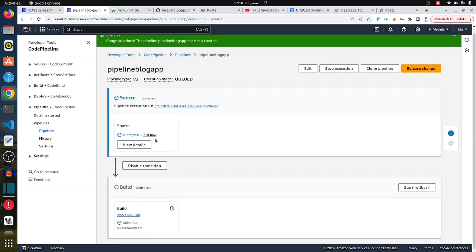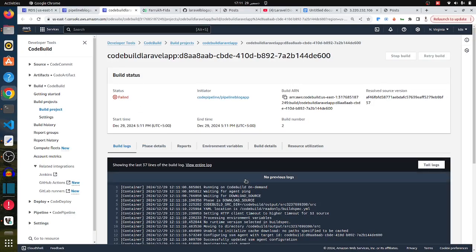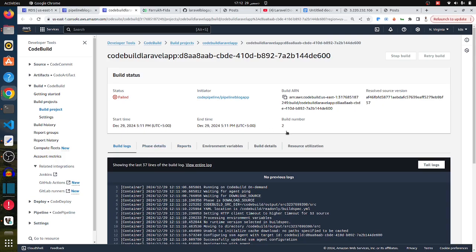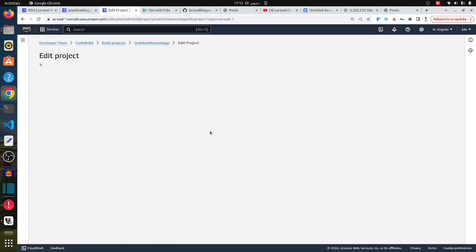Now the pipeline has been created, and in the first try it is going to fail. Don't worry, because in the build stage I have defined too many things which do not exist as of now. Now it has failed. Let me go to CodeBuild and start fixing those things. It is saying the phase context code command execution. So if I come here and come to edit,